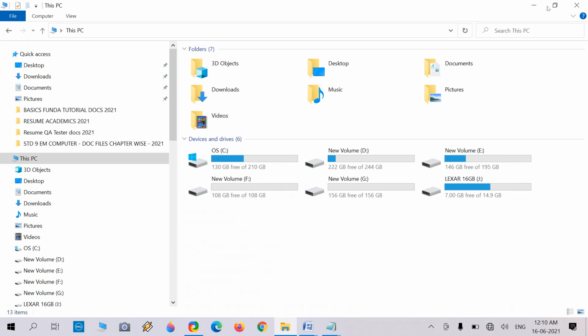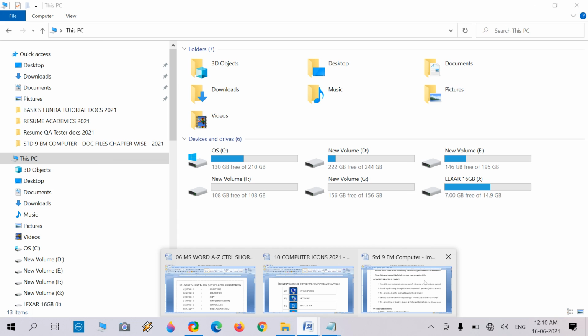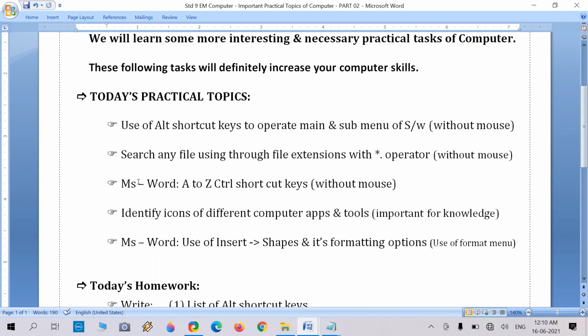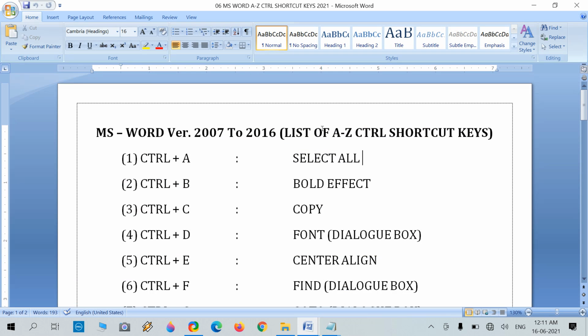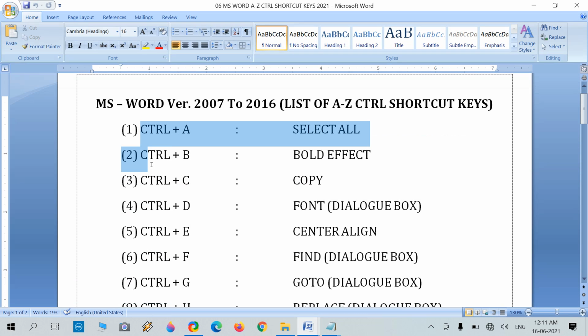Okay, move on to the next work of today. It is MS Word A to Z control shortcut keys without mouse. In Microsoft Office Word, there are many interesting A to Z control shortcut keys. I have a list of the A to Z control shortcut keys. All are operated with the control key, so they are called control shortcuts.